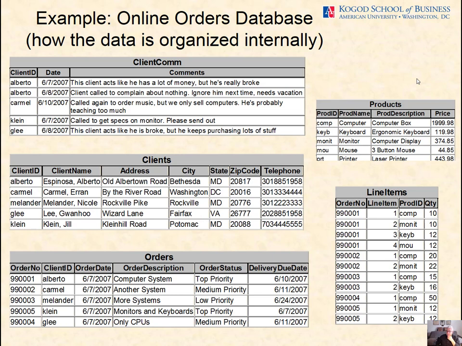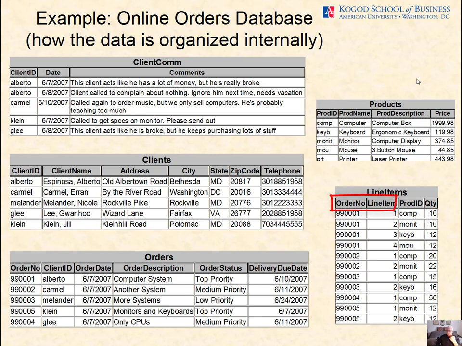And the line items, if I only look at the line items, line item 1 gets repeated for each order. So I have a line item 1 for order 990001, and I also have a line item 1 for 990002. So in order to uniquely identify a row in this table, I need to have both the order number and